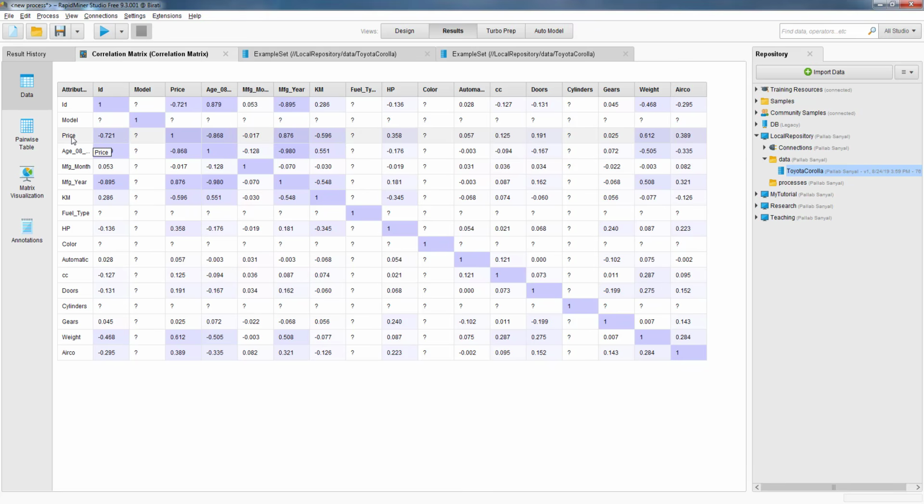Similarly, if we look at the correlation between the price and the mileage of the car, which is over here, it also has a fairly high negative correlation. That is, the more the mileage on the car, the lower is the price of the car. So that was our first